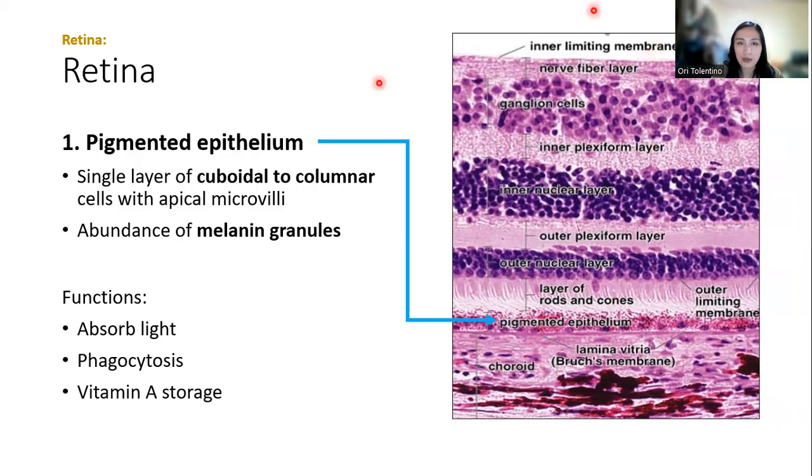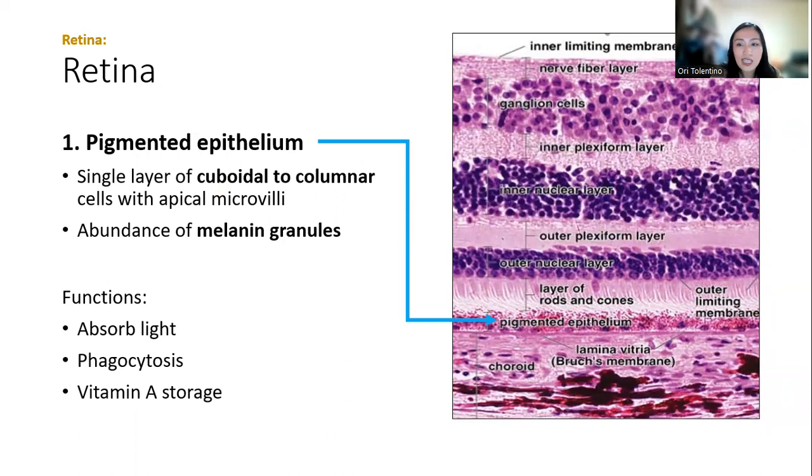Okay, so imagine the light comes from the pupil to the lens, to the back of the eye, to the retina, and to the rods and cones right here. Okay, if the light is just reflected anywhere and not absorbed, it would be too bright and too hard to see. It's called glare, okay? So to avoid that, the pigment epithelium is dark and helps absorb the excess light. It is the same function as your choroid layer, okay?